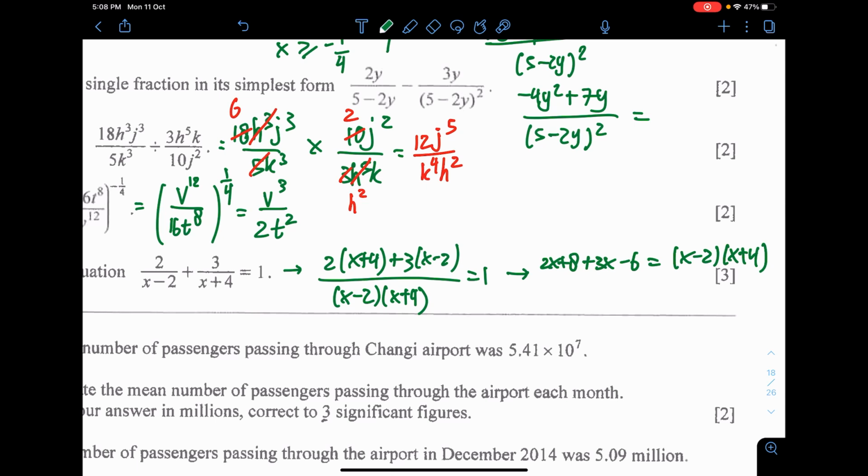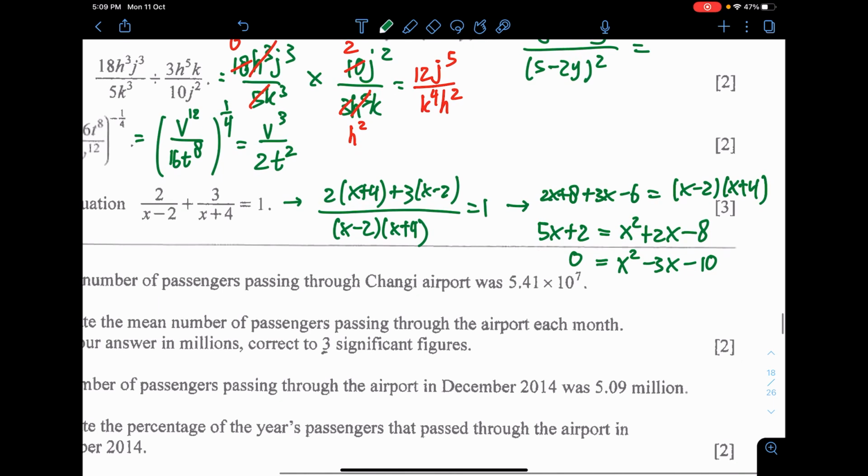Multiply them and then simplify. I get 5x plus 2 equals x squared plus 2x minus 8. So then put them together on the same side. I'll get this. Since we are solving, from here you can try to do cross factorization, or if you want to skip the difficulties of factorization, you can immediately solve it with the formula negative b plus minus root of b squared minus 4ac, which will be plus 40, divided by 2 times a. Simplify this, you'll get two answers, plus or minus.